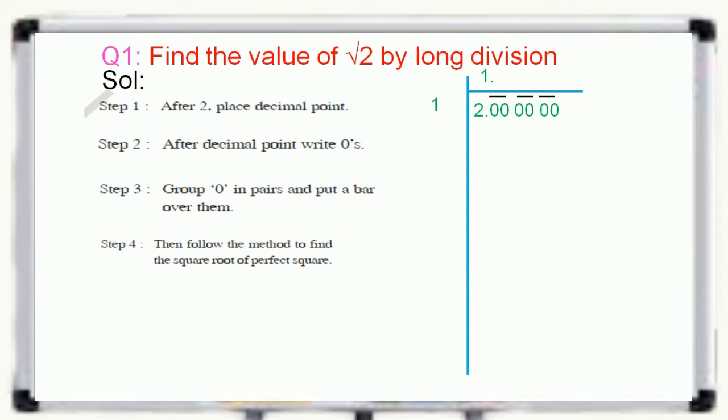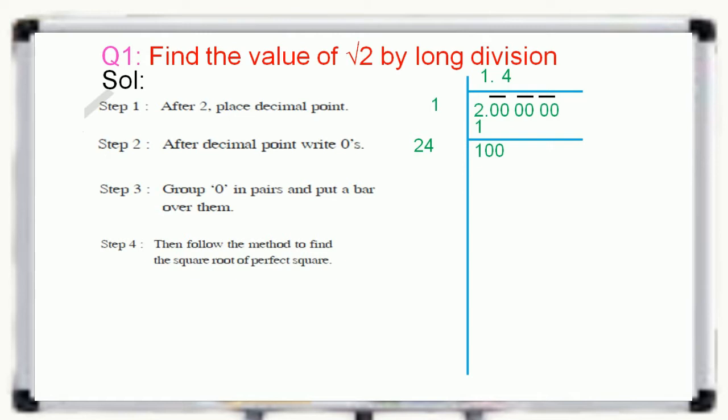So these two numbers must be the same. 1 into 1 is equal to 1. So after subtracting we get 0. By taking 2 zeros, the number became 100. And the second rule in long division is that we have to add divisor and quotient. Here divisor 1, quotient 1, 1 plus 1 is 2. And the third rule is when you take a number in the quotient, you have to write it beside the divisor also. Here by taking 4 as quotient, we have to write 4 beside the divisor.